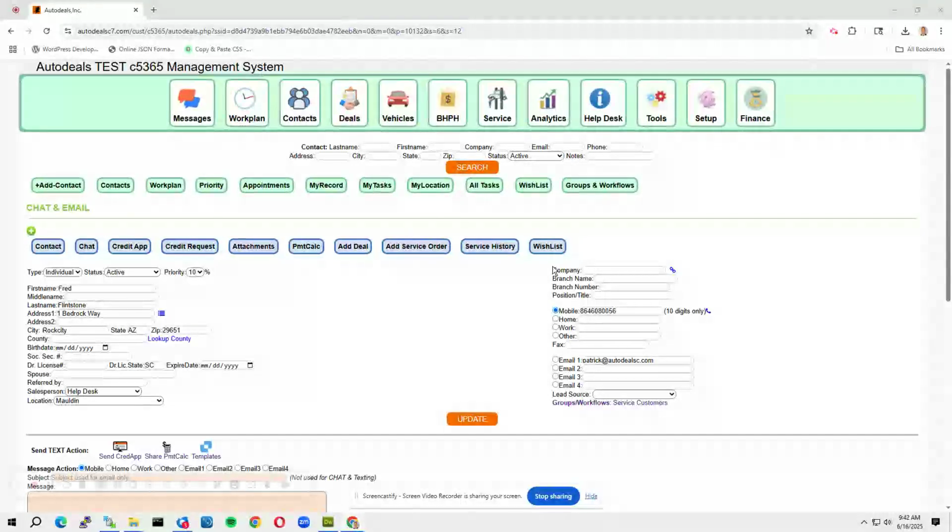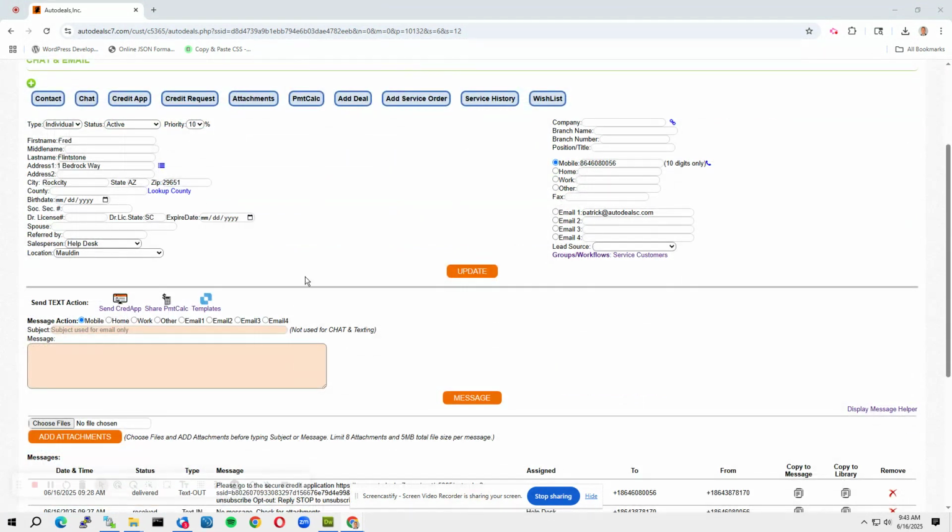Hello, the topic today is an advanced messages setup. We're under contacts, in the contacts chat view, where we normally can send and receive texts and emails. But we also have a section under here called send text action, and we've shown in some other videos